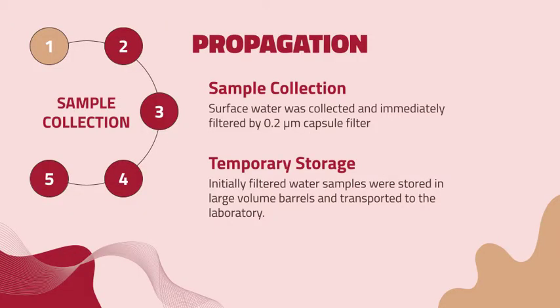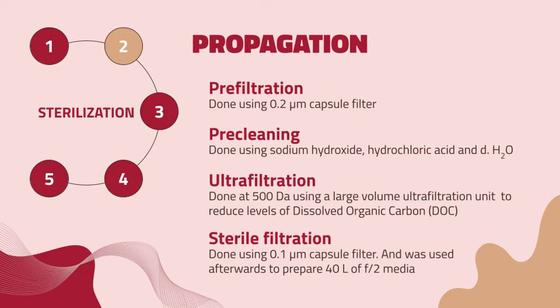propagation. In this protocol I will be sharing from the Woods Hole Oceanographic Institution, P. tricornutum was collected from oceanic surface water from the Sargasso Sea. After securing the samples in appropriate containers, it was then transported to the laboratory. Once the samples have been safely transported to the laboratory, it was subjected to pre-filtration, pre-cleaning, ultrafiltration, and finally sterile